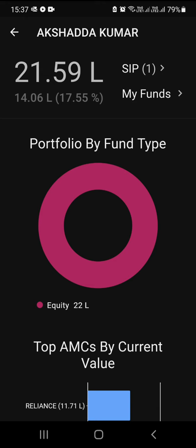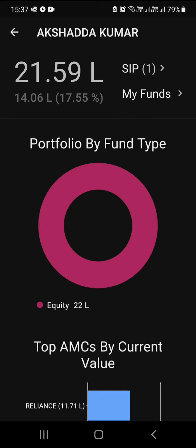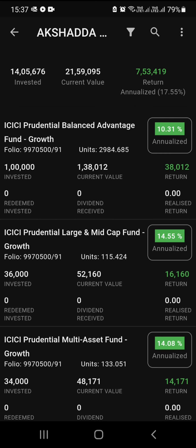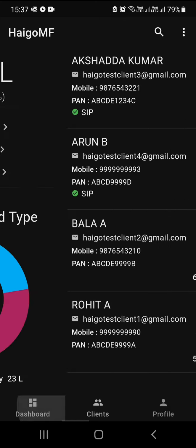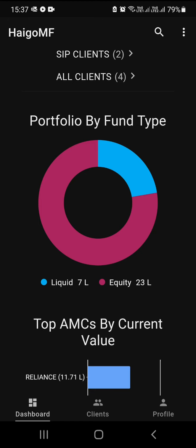Okay, similarly to how a distributor can see the SIPs, here the customer can see their currently running SIPs, and what are the funds they have invested in. So I'll come back to the funds page later. So I'll just go back again to the dashboard screen. Okay, so if you come to the dashboard, right, you have a few graphs which will help you identify what is the total invested amount against certain categories. Okay, so the first one is the fund type chart, where it will give you the total amount invested in equity, liquid funds, or gold, or things like that, right?